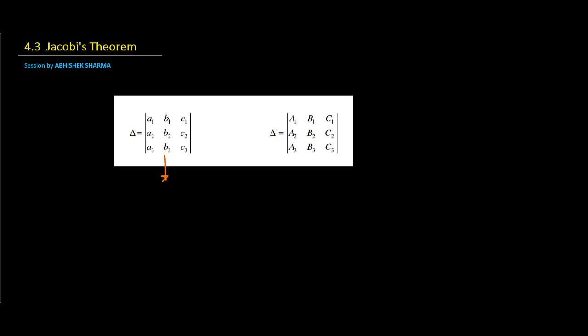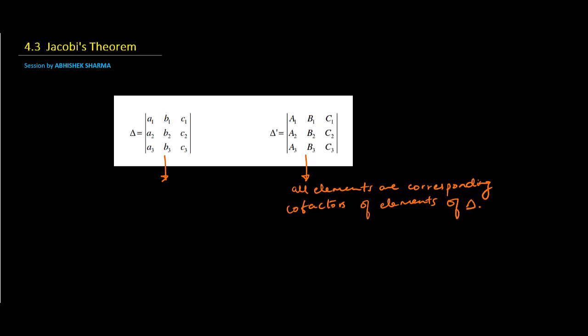delta, and you have another determinant delta dash. Now delta dash has all elements that are corresponding cofactors of elements of delta. So here every element is a cofactor of the elements of delta, which means